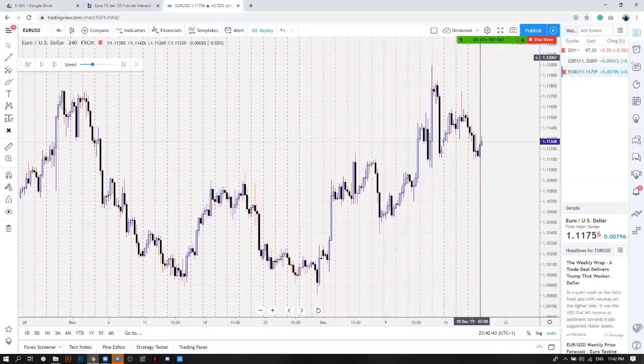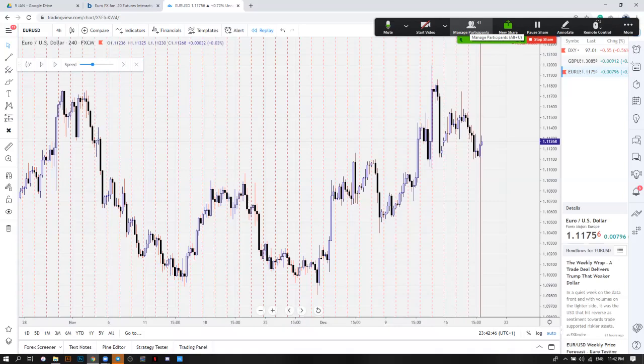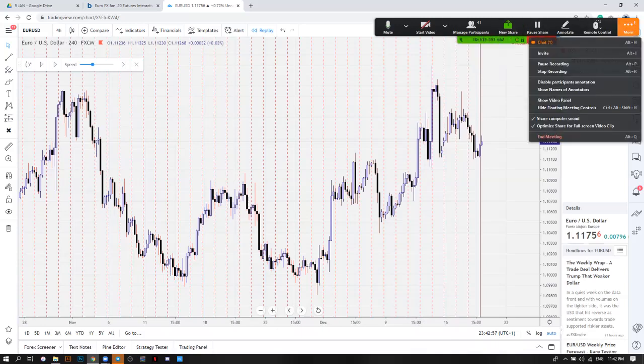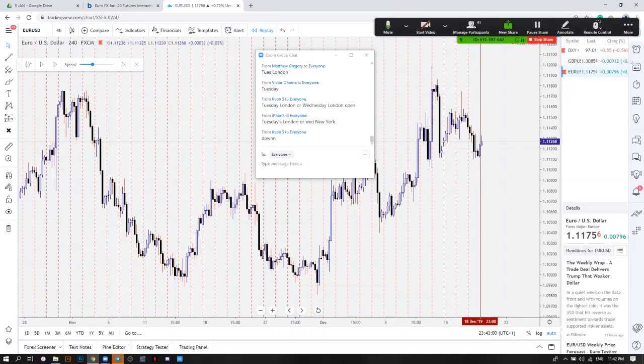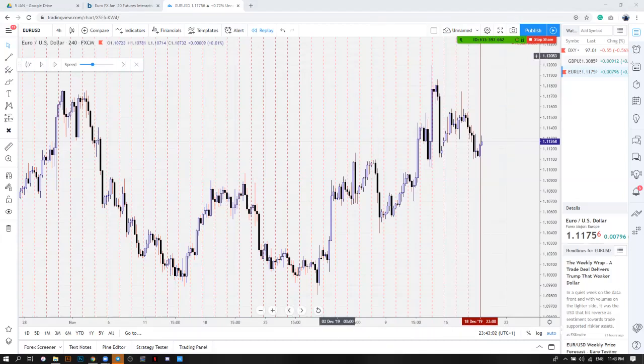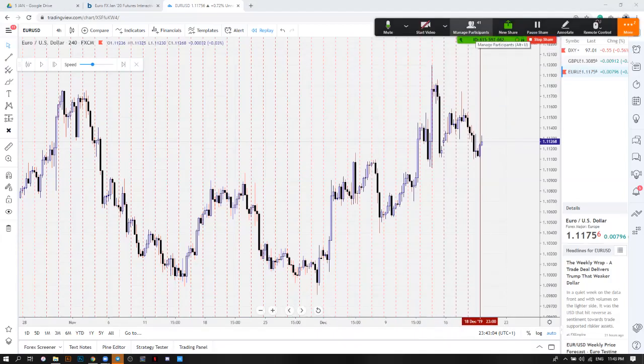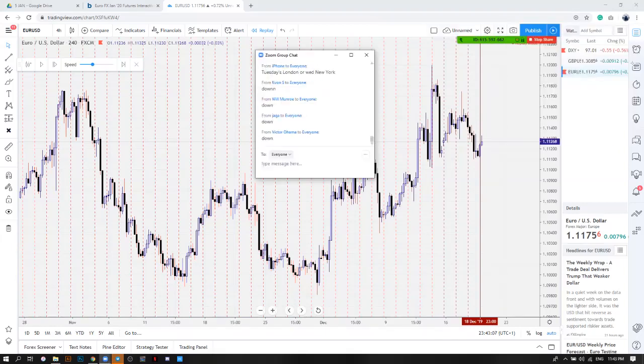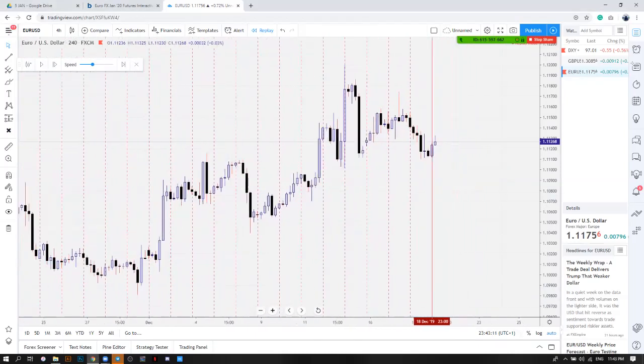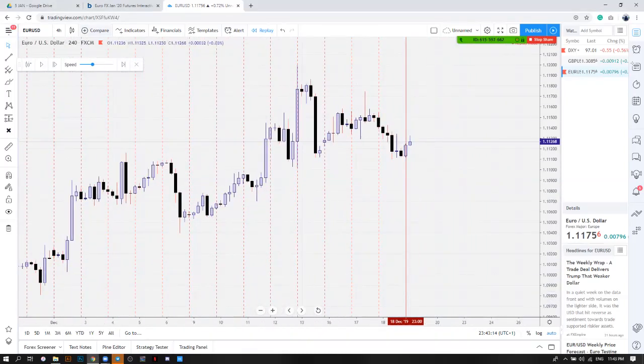So now, if you're looking for a bullish week, what is confirming that the market is going to go up? What do you want to see price do from Sunday's open? You want to see price go straight up first or trade down? Let's get your replies. You want to see the market trade down. So what would you expect the market to do on Monday going into Tuesday? You want to see the market go down. Okay, perfect. So we want to see the market go down on Mondays.